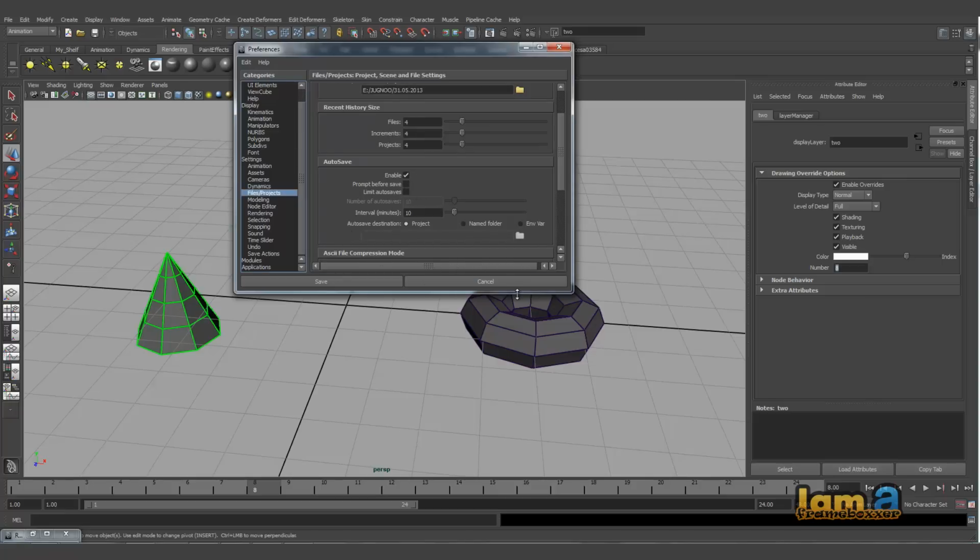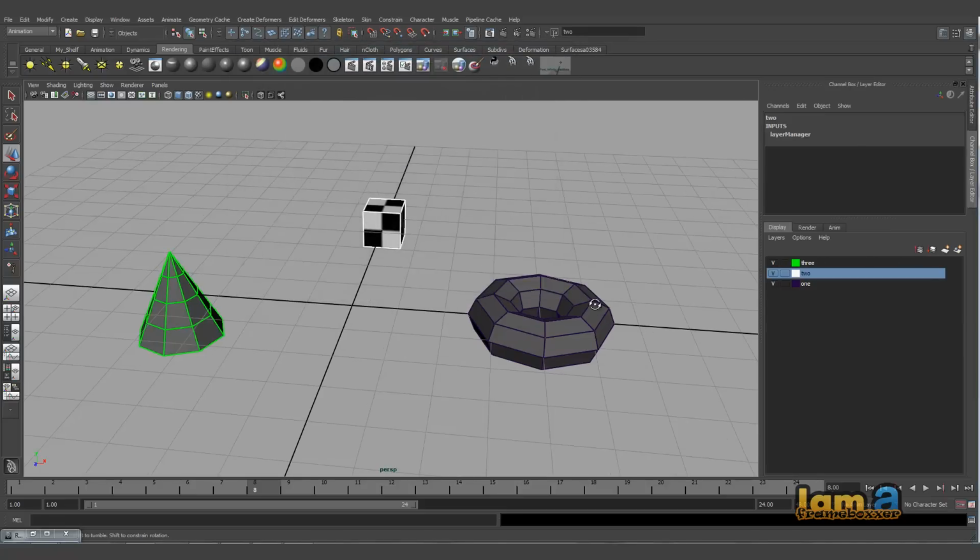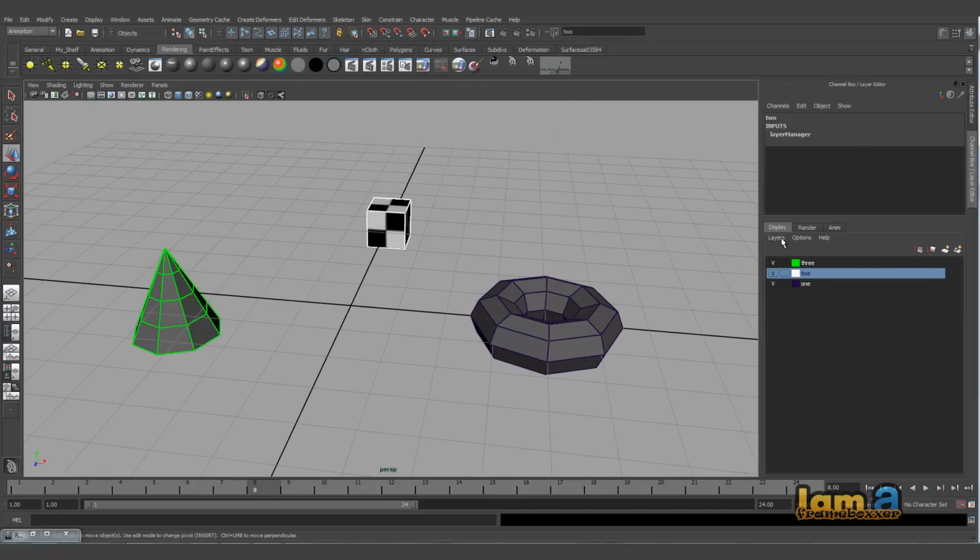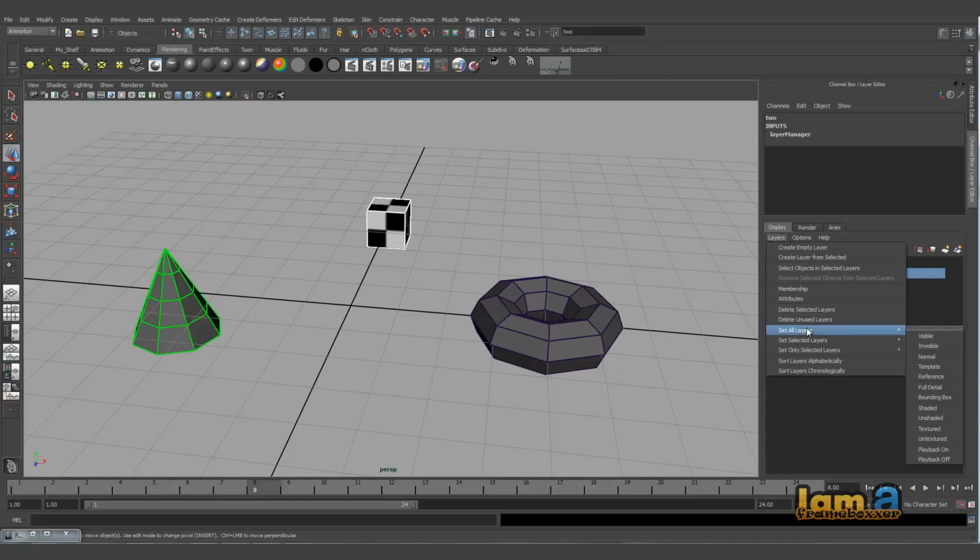If you forget to save, this creates a backup of all your files. That's one. And then you have delete selected layers, and delete unused layers. Suppose there is an empty layer, it goes off. And select all layers. This is something